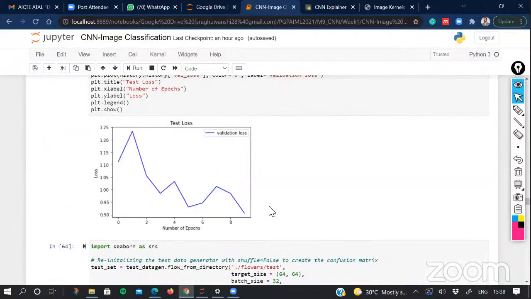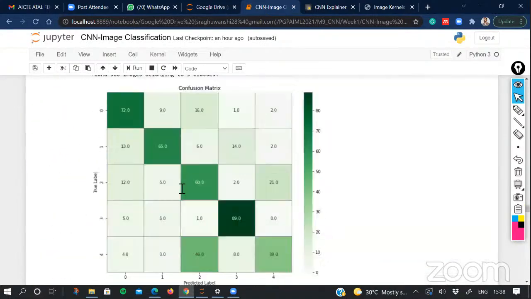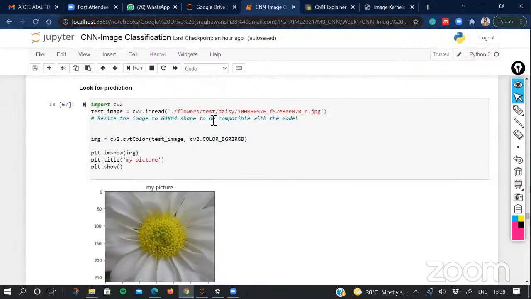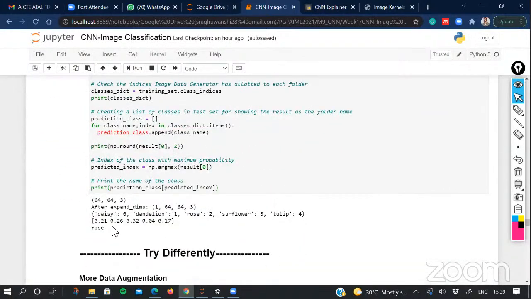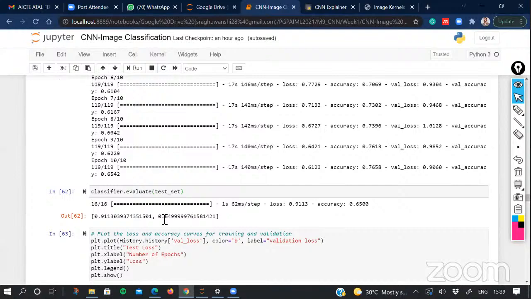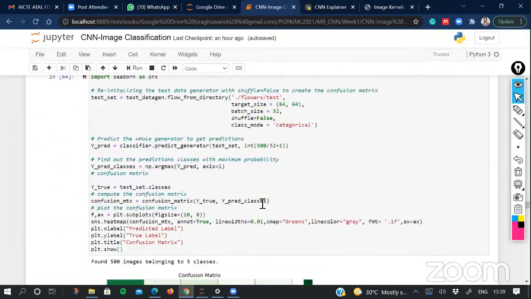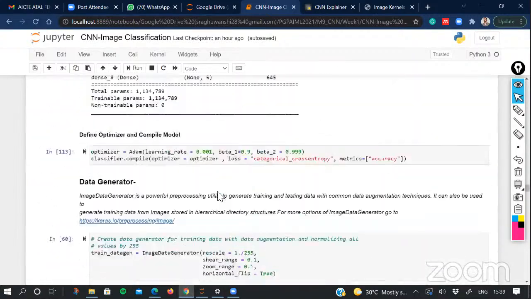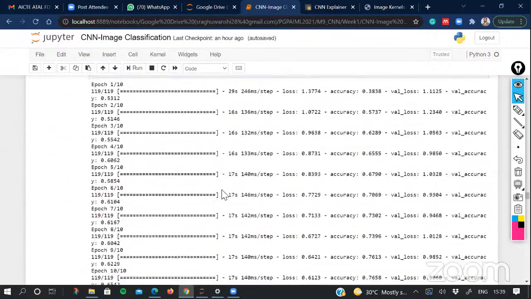Okay, so when you test it, even this model is not performing well, because I was trying to predict this image, which is of a Daisy, but it has been predicted as Rose. And this is because the prediction accuracy on the validation data is not good. It is around 65%, which is not good. So this model is not good, and the reason is that there may be some architectural flaw, some training flaw, or some overfitting issues in there.